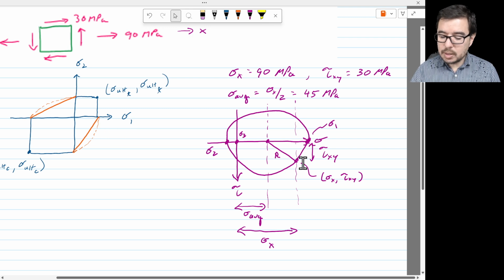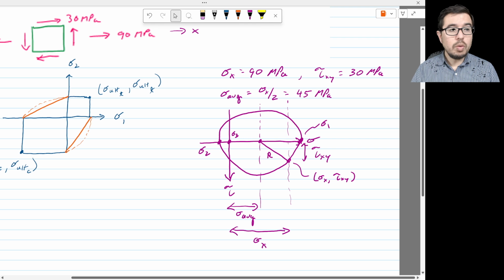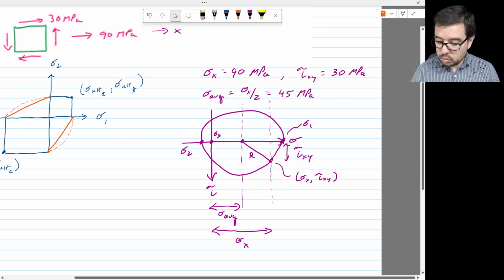Well, we've got to figure out the radius, and then the radius plus sigma average will give us sigma 1, and sigma average minus the radius will give us sigma 2. So let's go forth and try this. So R is going to be what? The square root of sigma x minus sigma average. All right, so sigma x minus sigma average is going to be the 45 megapascals. So we have 45